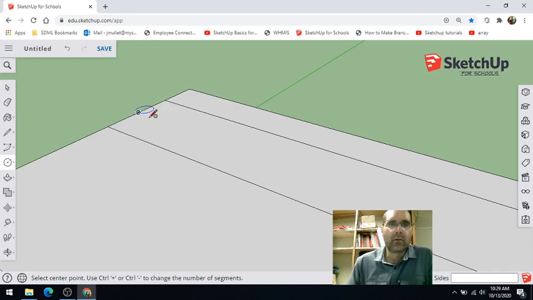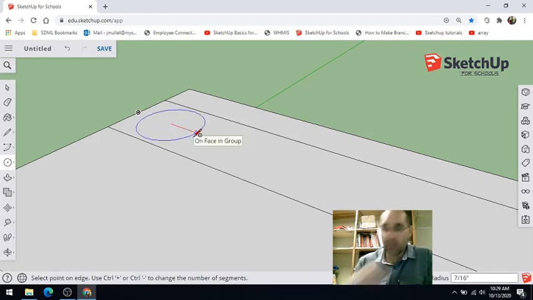Okay, now as we come out here, you see that little red line? That is telling us that we're lined up, we're centered on this rectangle that we just drew. So I'm going to click and open up. Now I want to make this 3/8 of an inch diameter from end to end of the circle, from side to side. So half of that is my radius. That's what we need to enter. So that would be 3,